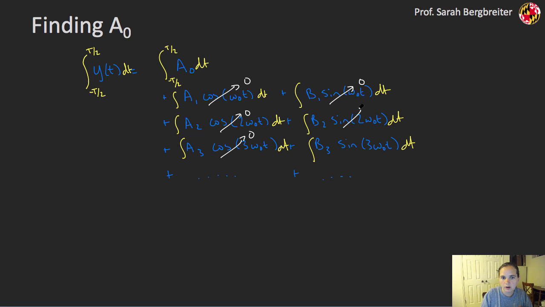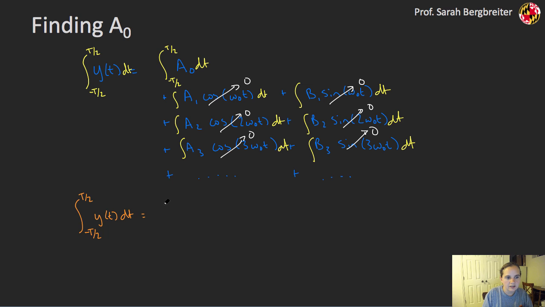All of these are also going to go to 0, and obviously this continues to infinity. All of those are going to be 0, so my only non-zero term is up here. And so I can rewrite that down here. So I'm going from the integral of minus T over 2 to T over 2 of my y of t